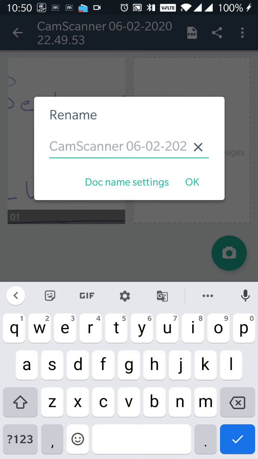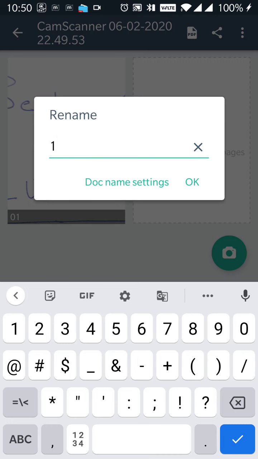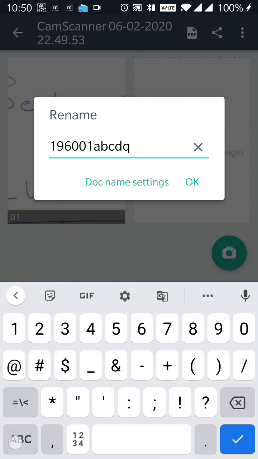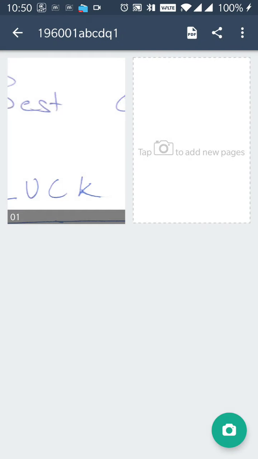For example, for PT roll number 1 student, 196001, then name ABCD and question 1 for question number 1. Click on OK and you can keep on adding the file.